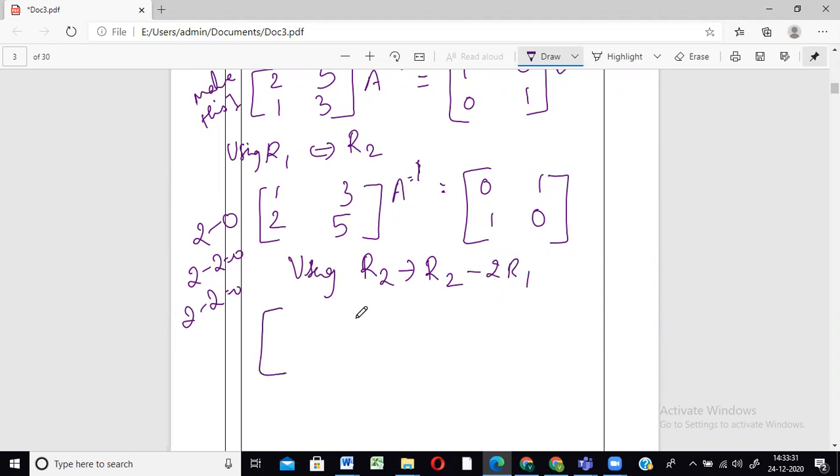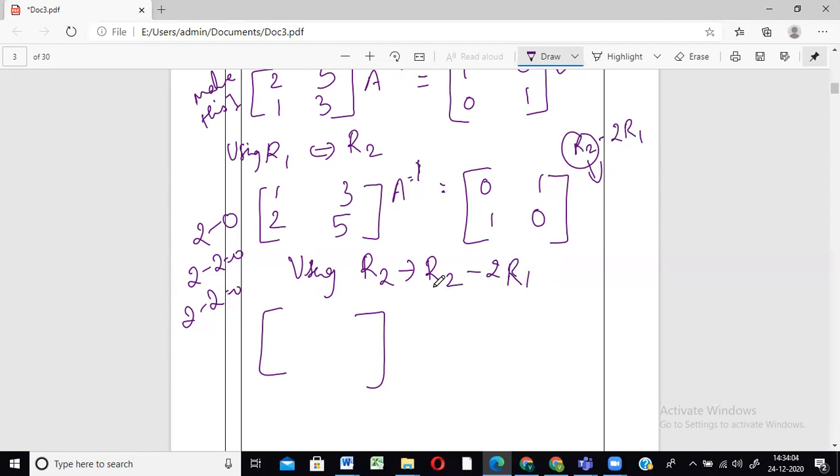So how is that possible? R2, there is no change in R1. Okay. As I said last time, the first thing whatever you write over here, it is not that I should always write it like this. R2 changes to. Arrow means changes to. R2 changes to R2 minus R1. The other way of writing is only writing this much, instead of writing all of it. Okay, R2 changes to, I can only write it this much. That is also okay. Whatever I write first, that's the thing which is going to undergo the change. Please remember. Okay, so even if I write it as R2 minus 2 times R1, that is also okay.